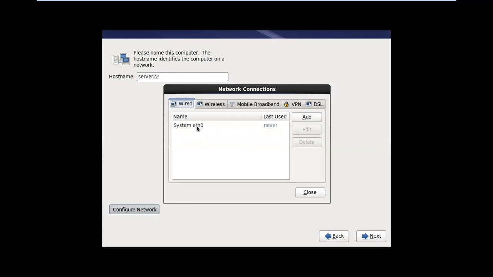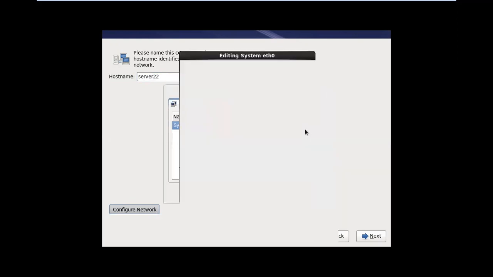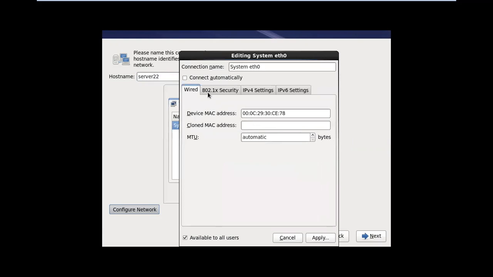This is the network interface card name, ETH0. Select that one. Click on edit. Check the box, connect automatically. If you are not checking the box connect automatically, every time we have to enable the IP address, like Windows disable, enable.